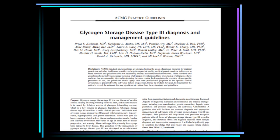So there are guidelines for the management of GSD type 3 that were published in 2010, and these are readily available on Google. You can Google GSD type 3 management guidelines, and it's the first thing that comes up, and anybody has full text access to this. So this is really incredible. This was the first type of GSD that the American College of Medical Genetics published guidelines for. And actually just recently,